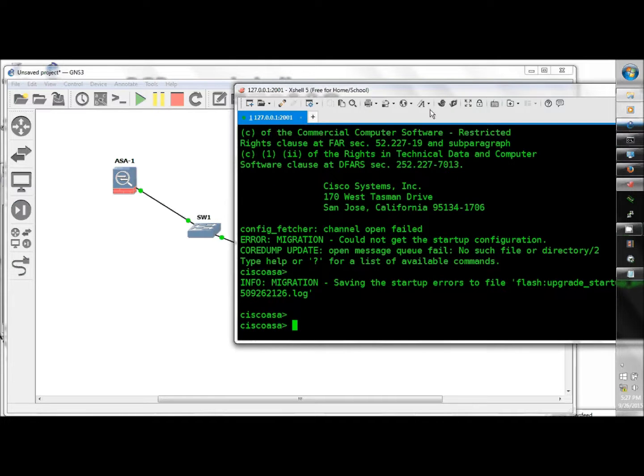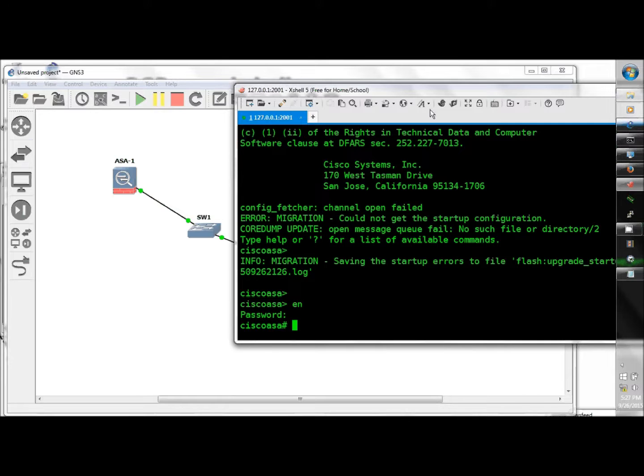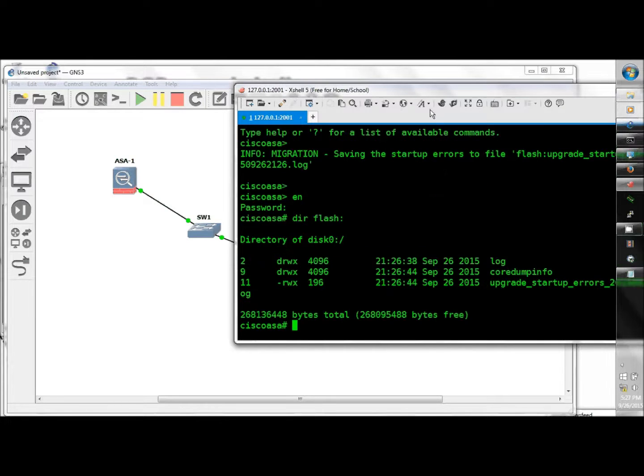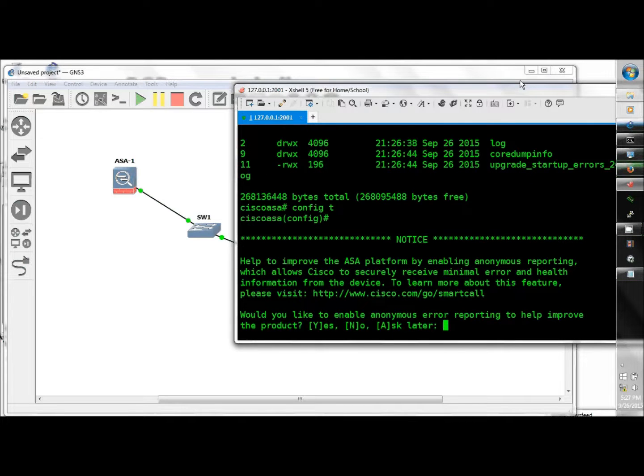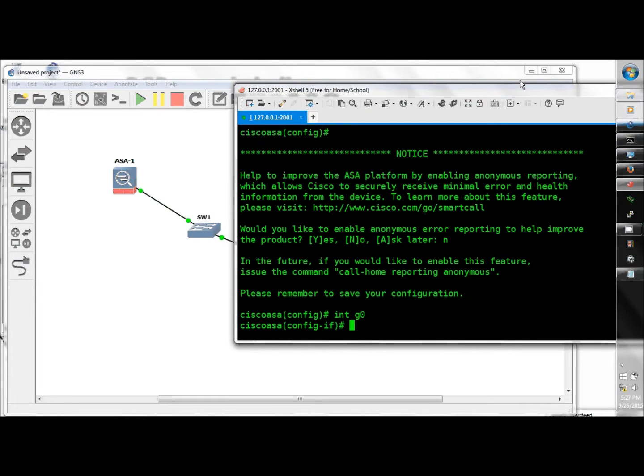All right, there comes the ASA. EN, I don't have a password set, so just enter. And if we dir flash, you'll see there's not a whole lot of stuff in there. What we want to do first is config T. And interface gig 0. You'll get used to the interface naming on that. So we want to give it a name if,